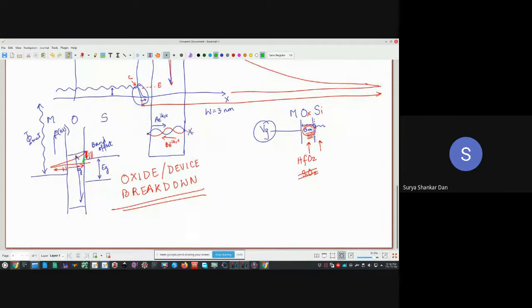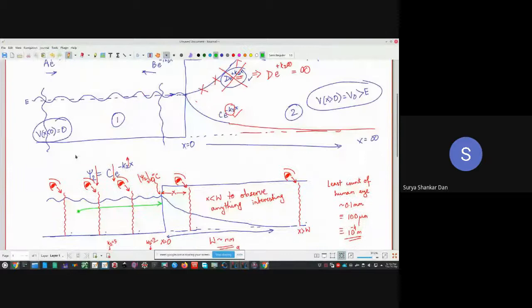So for example, heterostructures, LEDs, lasers, these are all quantum mechanical devices. In my own research group, we are working with something called gate overlap tunnel field effect transistors. In our research group, we have also started working on memristors. There is some interesting phenomenon going on there. Whether it is tunneling or not, we don't know yet. We have to study it more. So all the modern devices, whatever you find, memristor is one of them, tunnel FET is one of them, they are all employing these quantum mechanical phenomena.